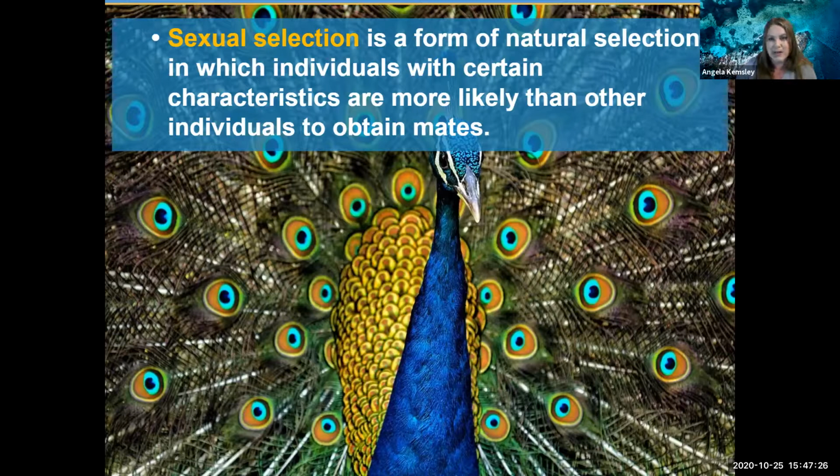So the females will actually choose the peacock with the biggest, brightest feathers, the male lion with the biggest, heaviest mane, the blue-footed booby with the bluest, brightest feet. That's the idea of sexual selection. That adaptation is telling the females, if that male is still alive, he's going to make some great babies.